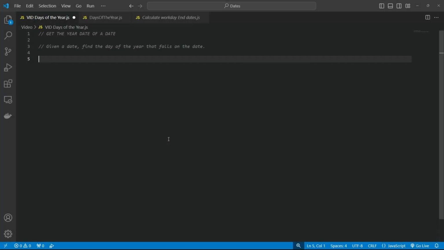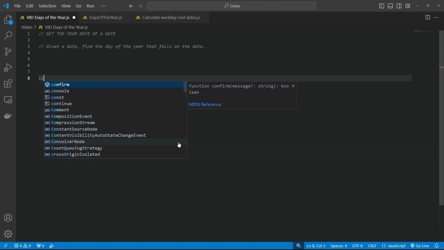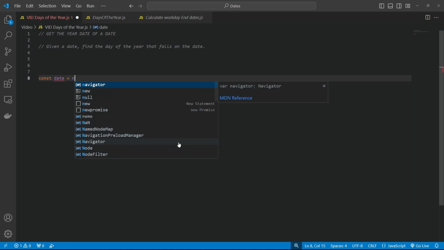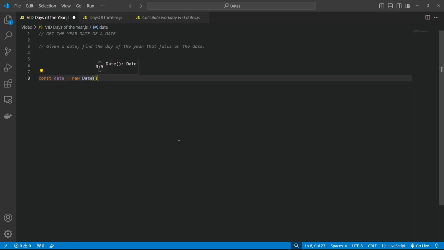Sometimes it can be handy to find the day of the year that a particular date falls on in JavaScript. Let's figure out how this works. So first we'll create a new date, and we'll creatively call that date, new Date. Let's say we want to get Pi Day. So that's March 14th,